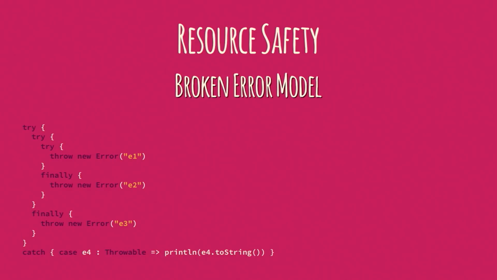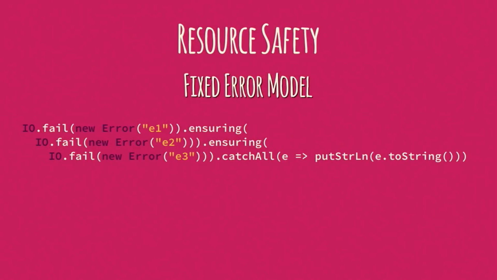Does anyone know what this prints? Can you guess? No guesses? See, no one even knows what this does. But there's 3 exceptions thrown here. So you can imagine that 2 of them are going to be swallowed for sure. Well, Scalaz 8 never swallows any exceptions. And it does the correct thing here as opposed to Scala, which in my opinion does the incorrect thing here.